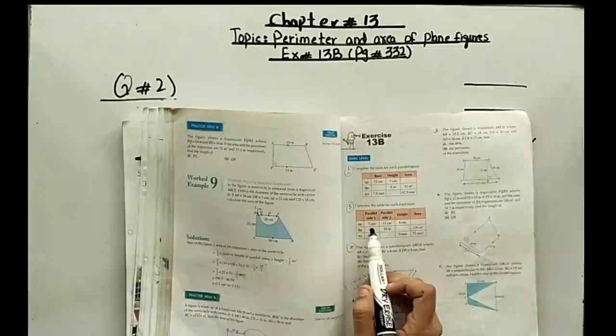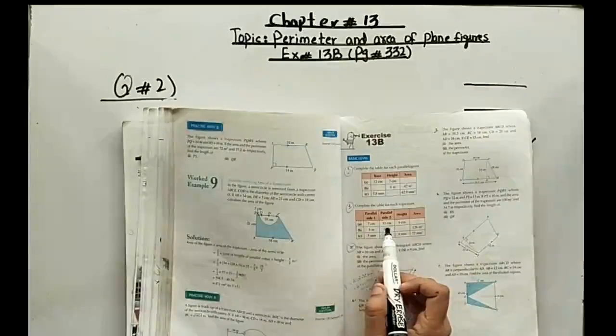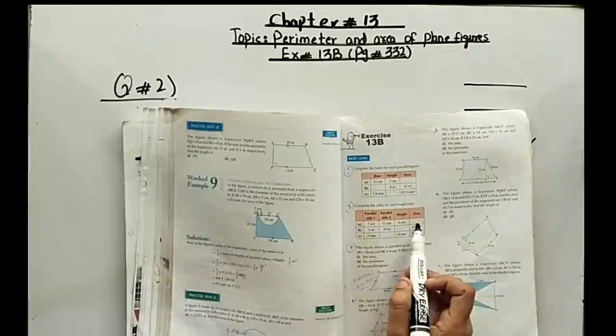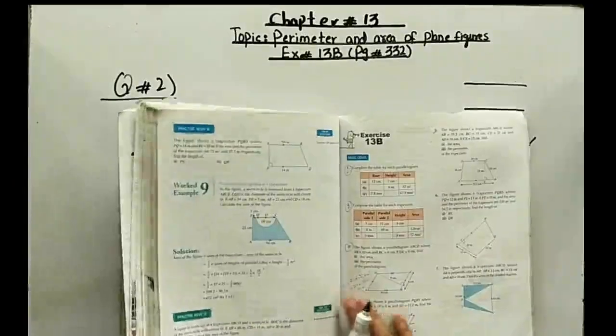Okay. Now question number 2, the first part: one parallel side is 7 centimeter and the other side is 11 centimeter. The height is given as 6 centimeter. Then they are asking about the area. Okay, now